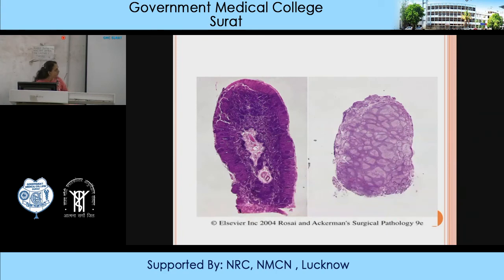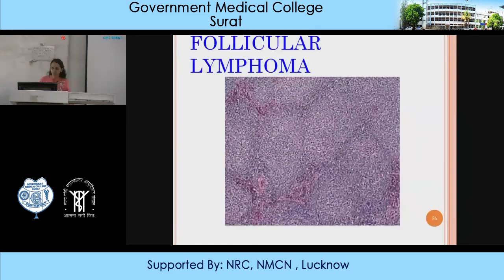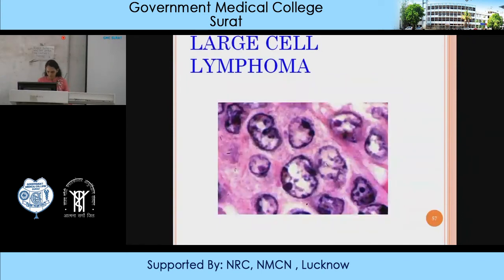Here you can see on the right side we have cortex, medulla. Medulla has cords. Cortex has follicles. And on the left side you can see the effacement: variable sized follicles and complete architectural effacement, which is seen in lymphoma. These pictures will look the same, but in large cell lymphoma of T cell type, the cells are very large, with convoluted nuclear membrane, one or two nucleoli, sometimes a very bad look.